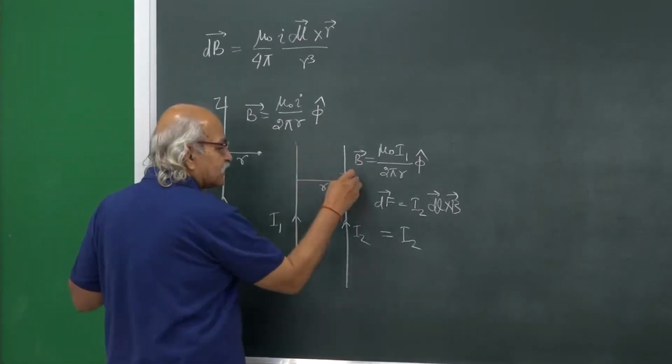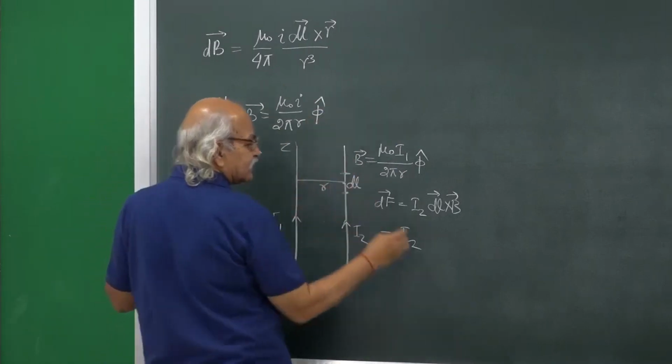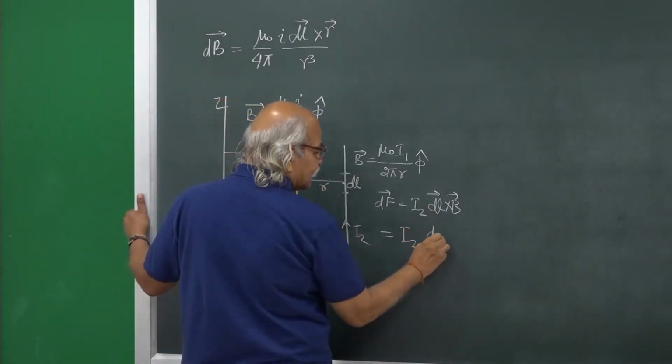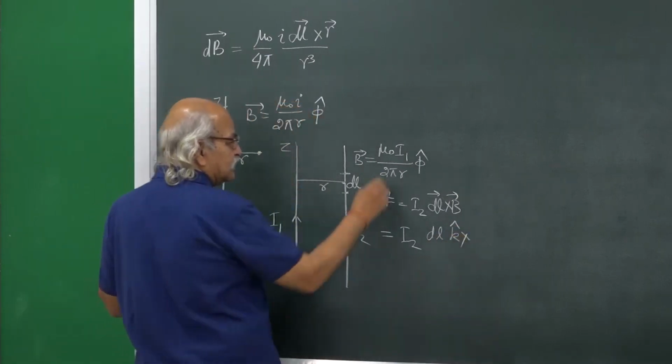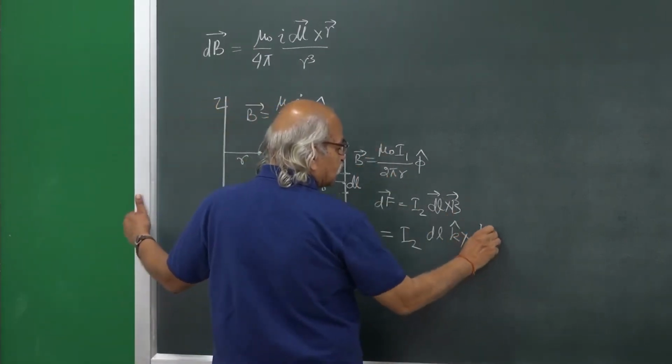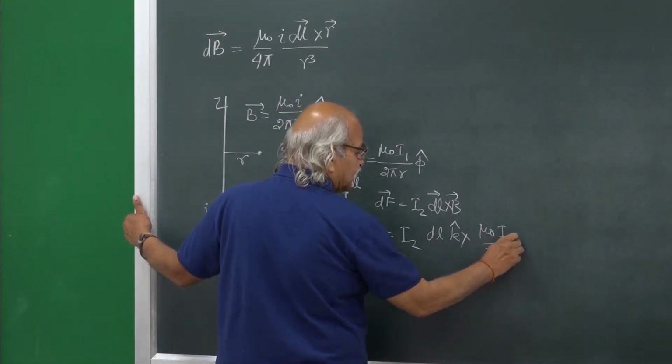This is our phi direction, and this is our z direction, dl is in z direction, so it is dl k cap cross B, which is mu naught I1 by 2 pi r phi cap,